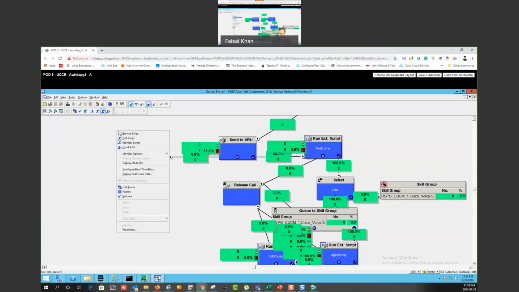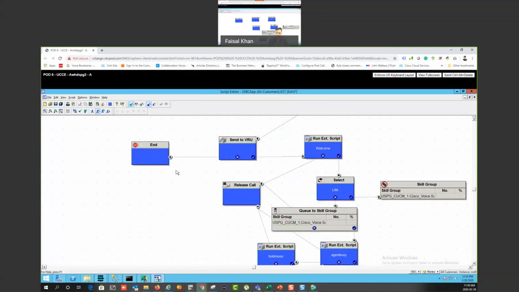So this is the editing of the script. What the send to VRU is going to do at this moment is contact the CVP. But how does UCCE actually contact CVP? In our case, because the call is coming in directly from the call manager, the first scenario, CVP,